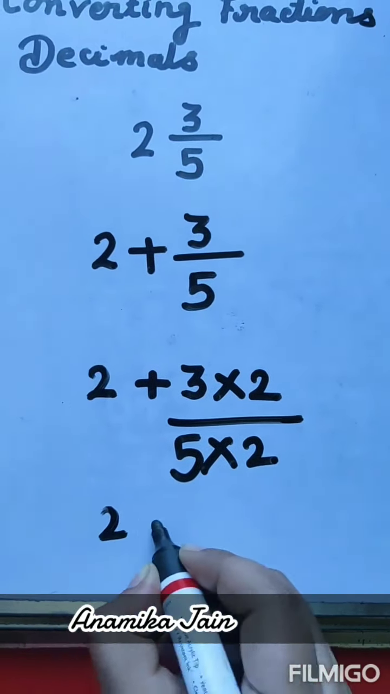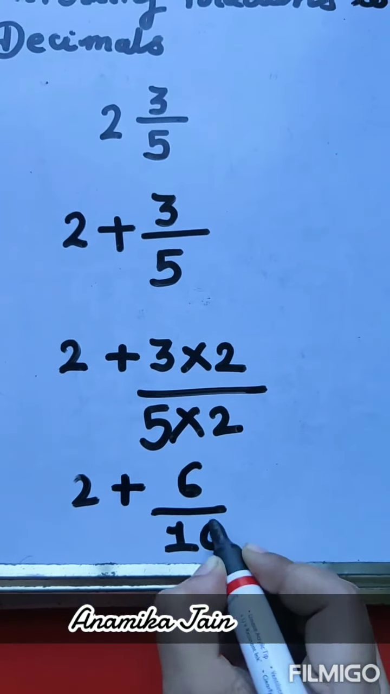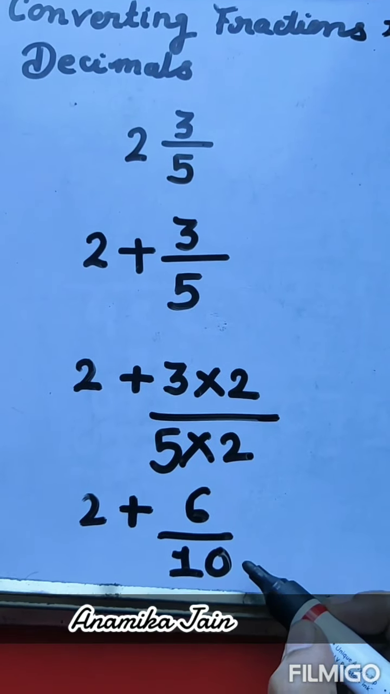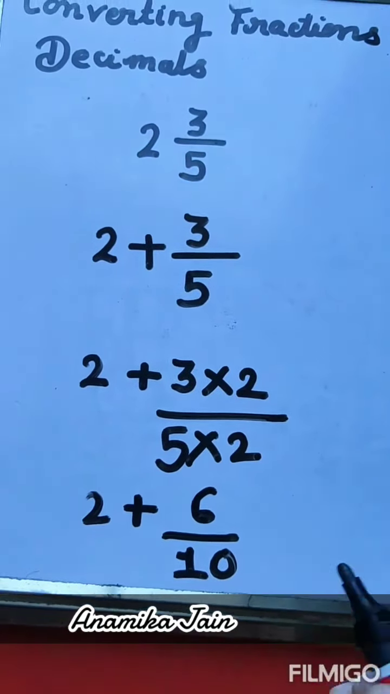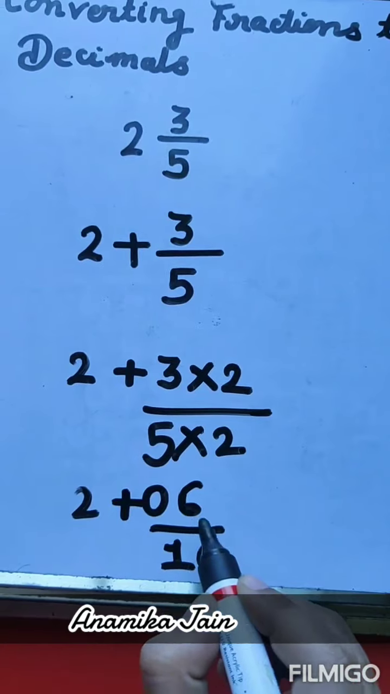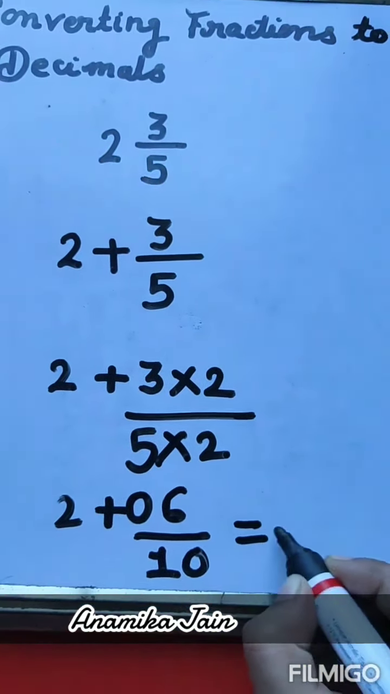It will be 2 plus, 3 2s is 6 and 5 2s is 10. Now the numerator is smaller than the denominator, so we have to make the same number of digits in the numerator and denominator. So we will put a 0 before 6 to make it 2 digits in the numerator and denominator. Now it will be